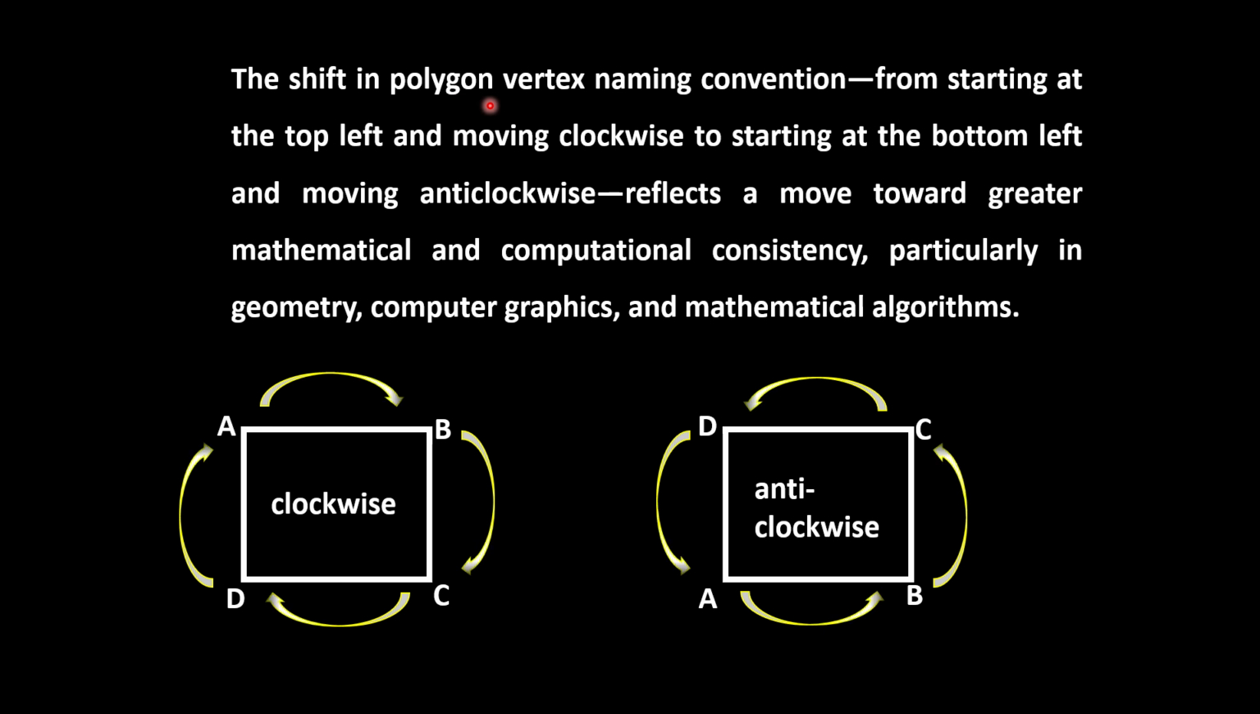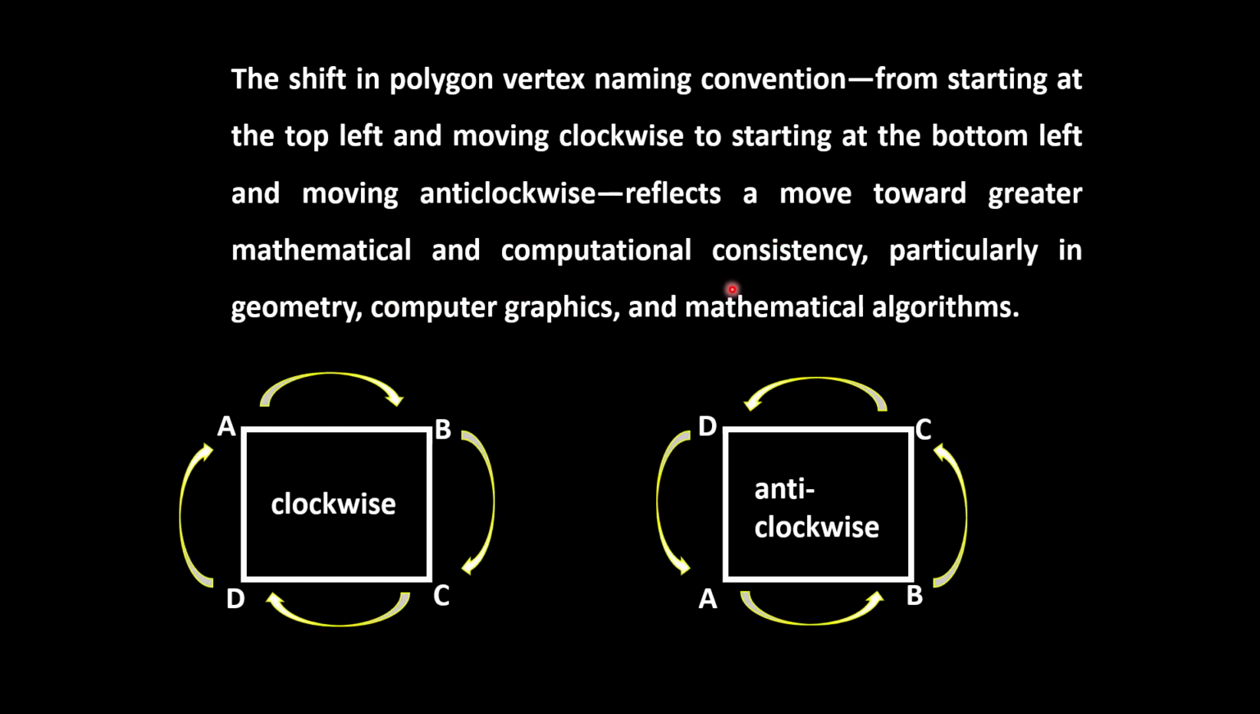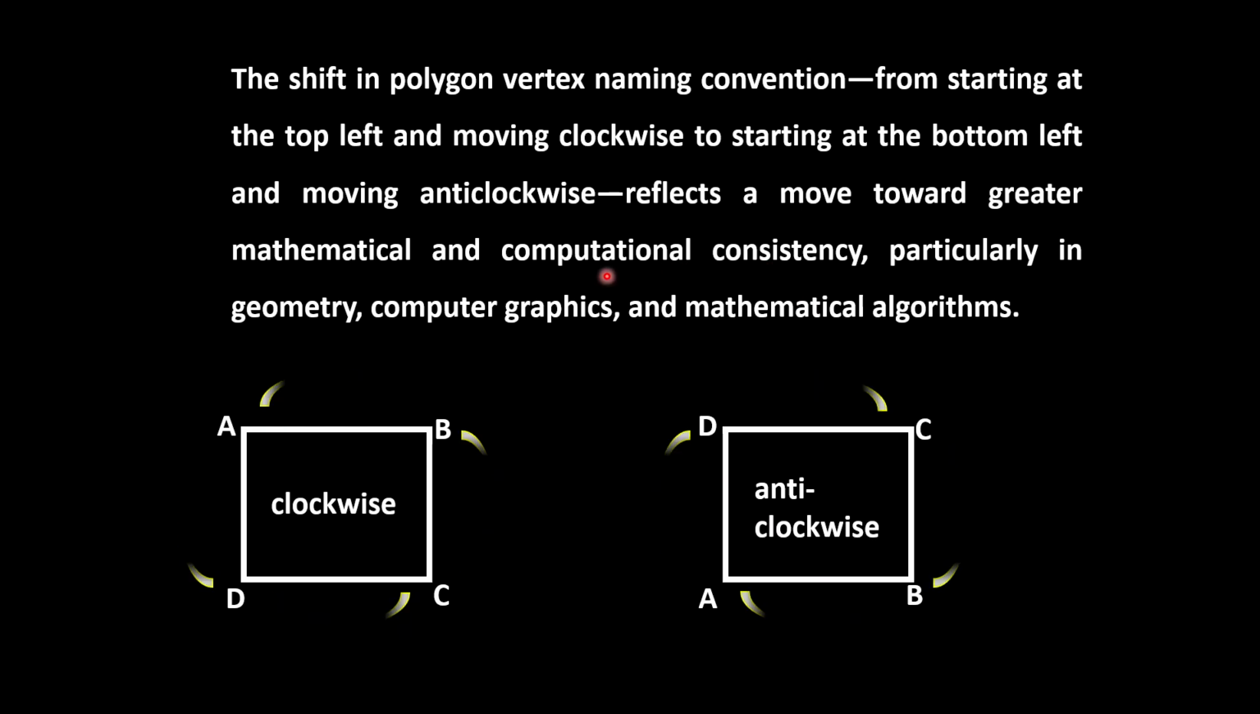The shift in polygon vertex naming convention from starting at the top left and moving clockwise, the older system, to starting at the bottom left and moving anti-clockwise, the new system. This change, this shift, reflects a move toward greater mathematical and computational consistency, particularly in geometry, computer graphics, and mathematical algorithms. So in order to be consistent,